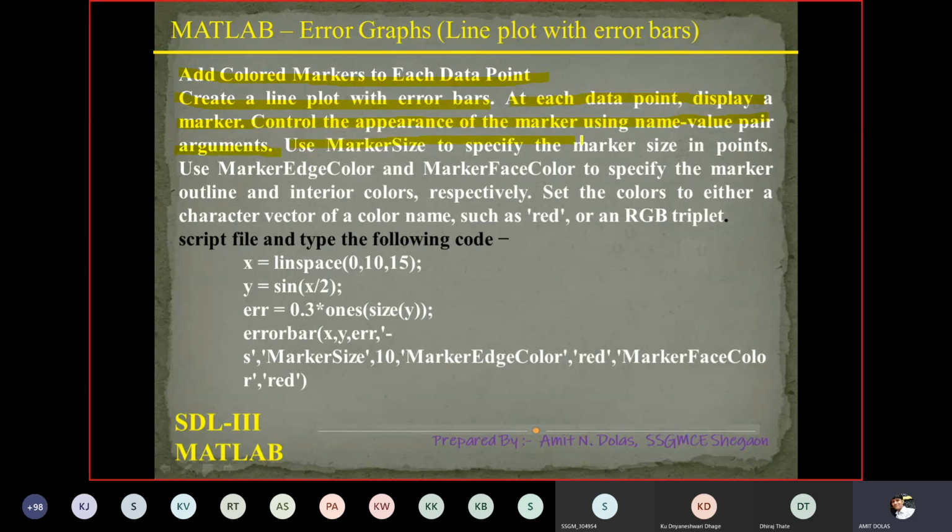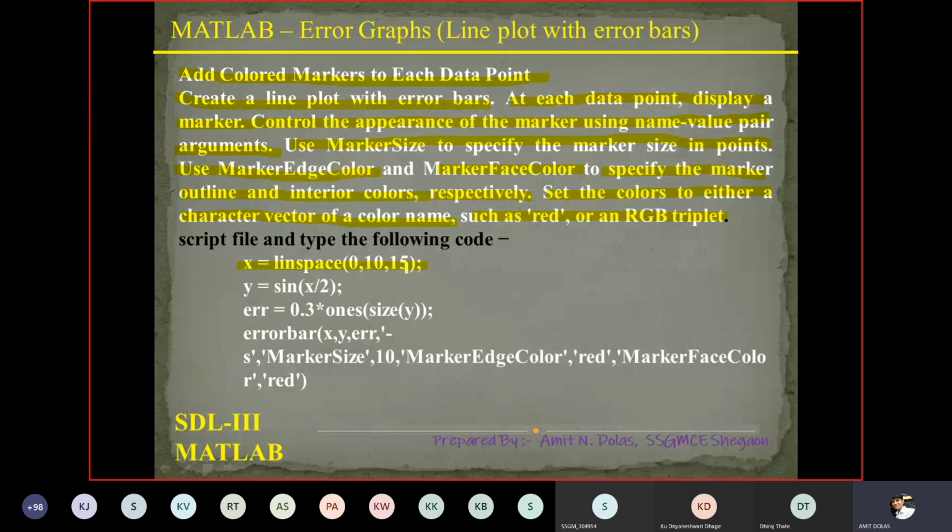Use marker size to specify marker size in points. We can do all this. Use marker edge color, marker face color to specify marker outline and interior colors respectively. Set the colors to either a character vector of a color name such as red or an RGB triplet.